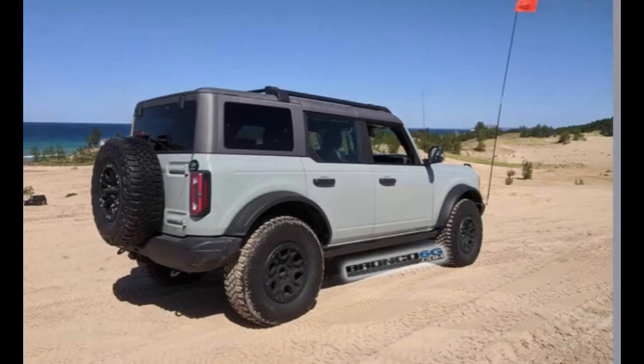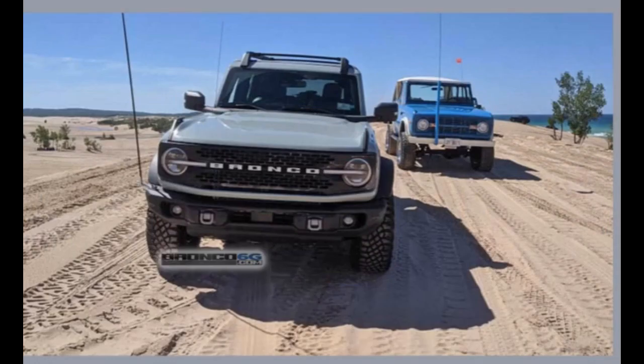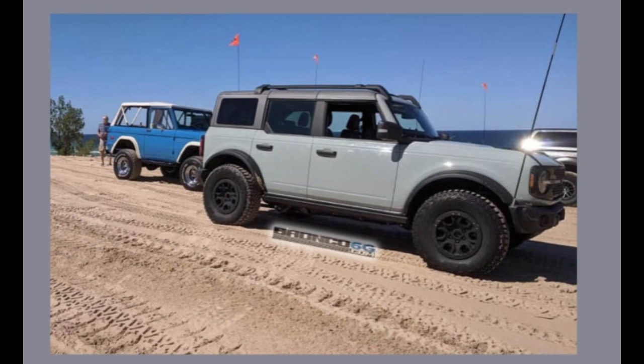Now, we are going to look. I'm just looking at these pics. I mean, look at that. That looks spectacular, folks. Now, the 2021 Ford Bronco has made yet another appearance at Silver Lake, and several fans